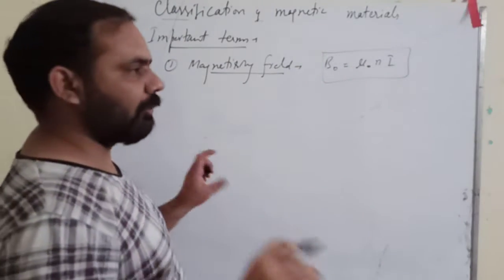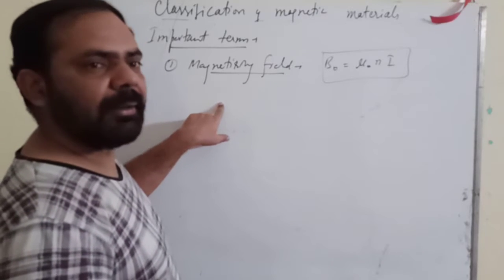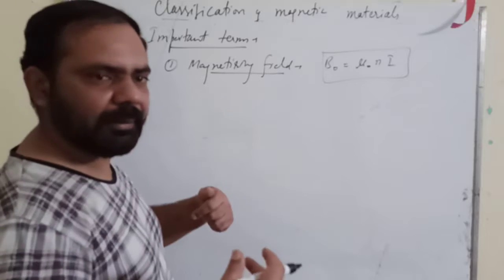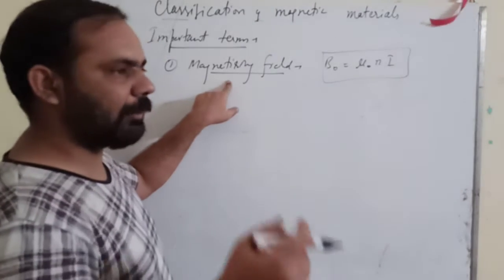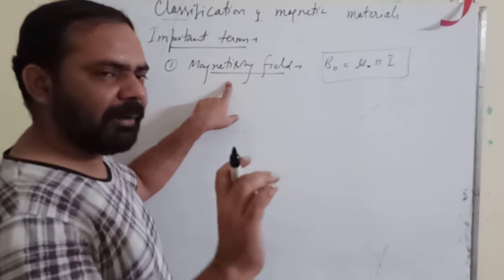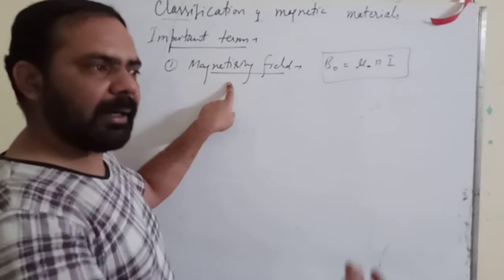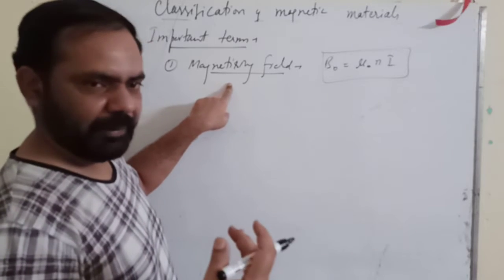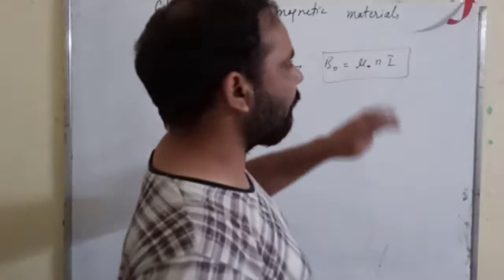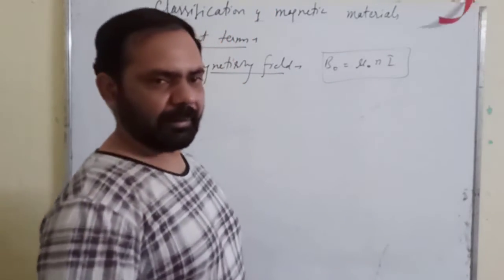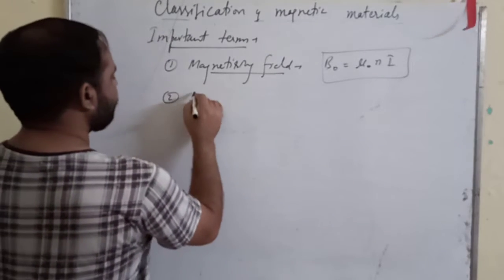Okay, this is your magnetizing field. Now you have to be clear about these words: magnetizing field, magnetized field. Magnetized is different and magnetizing is different. This is the field of that particular magnetic field which is magnetizing the material. And when the material gets magnetized, it creates its own magnetic field. That is different, right? So this is the magnetizing field, which is given by B naught equals mu naught Ni, right?